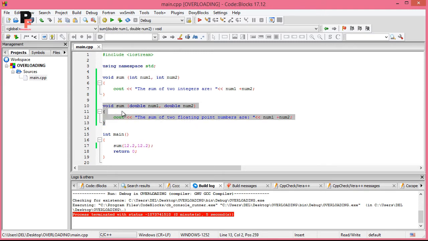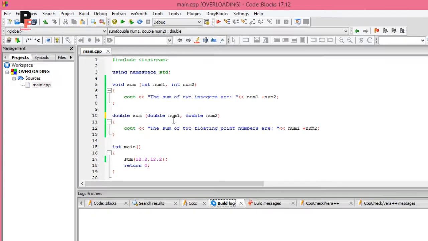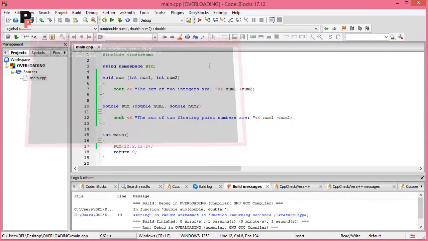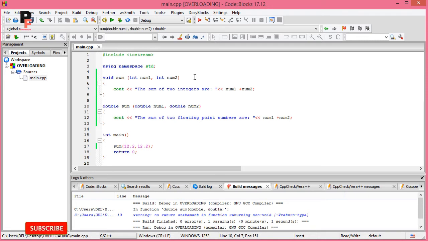The thing we have to remember is that function overloading means that we are writing multiple functions with the same name but with different parameters. And whether we change the return type of the function or not doesn't affect our output. If we change void to double, you will see it just gives us a warning because we are returning nothing from it. 24.4. So it doesn't matter if you are using double, void, or any other return type,